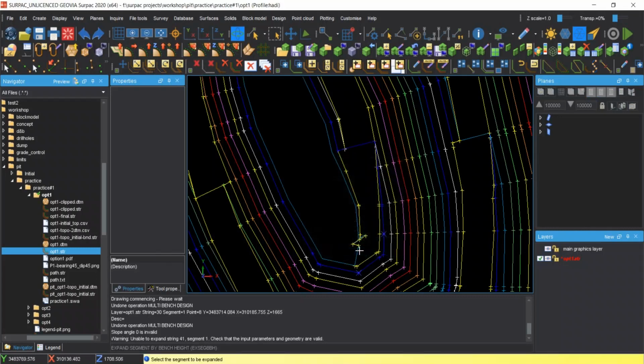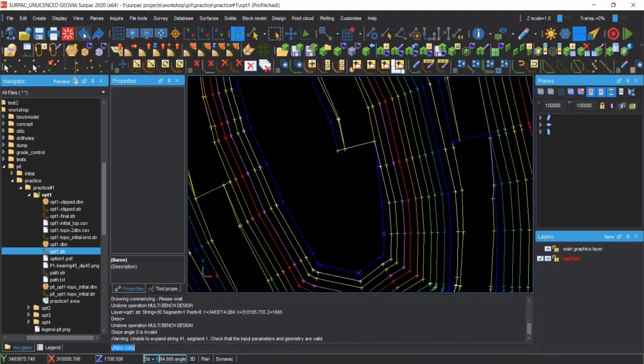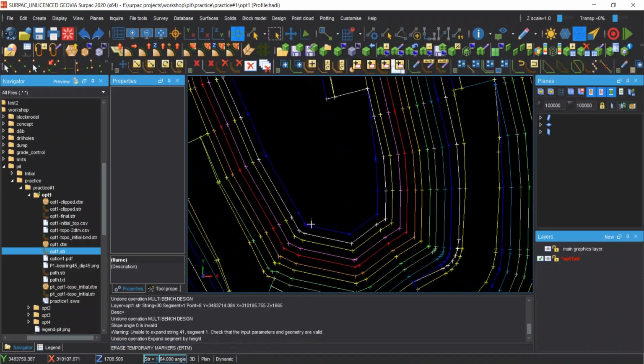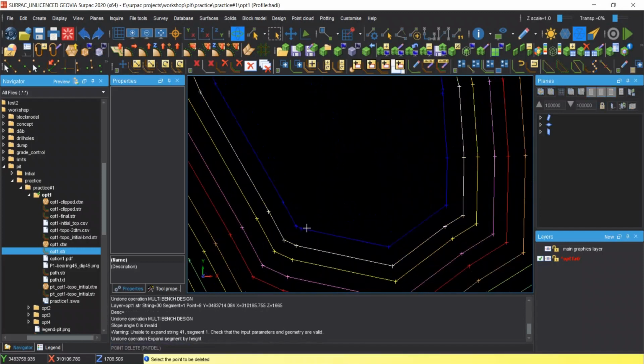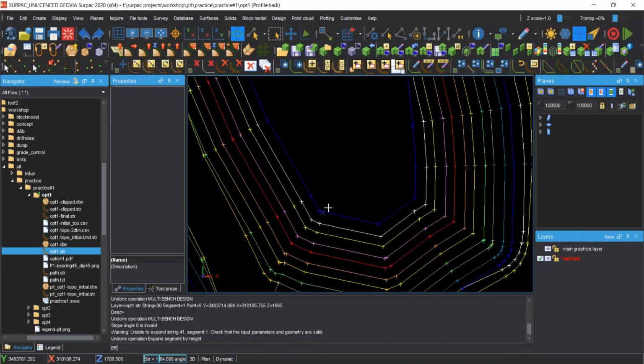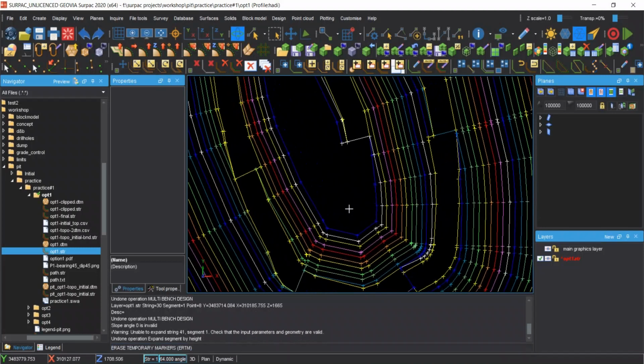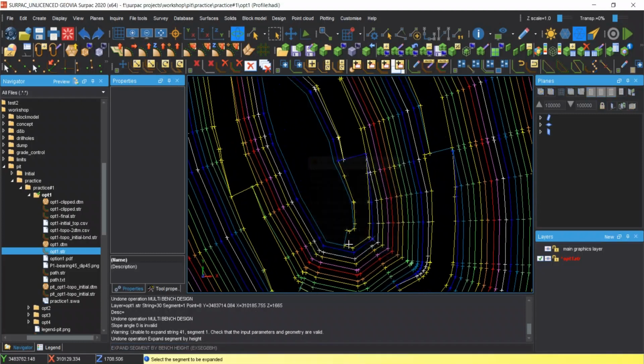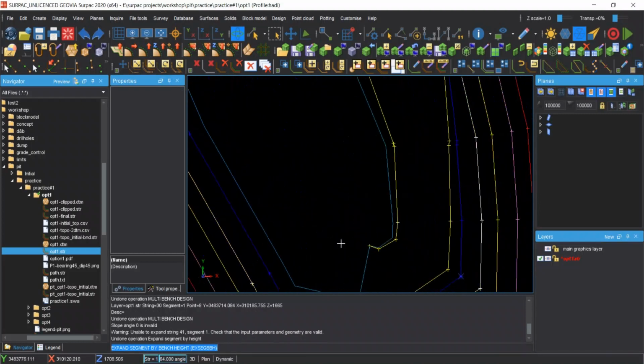The problem still exists even though I changed my ramp definition to increase the ramp slope and ramp width. So we should modify these points, I think, by deleting only one of the points that's not important in the position of this critical string. Trying again, and yes, now it looks